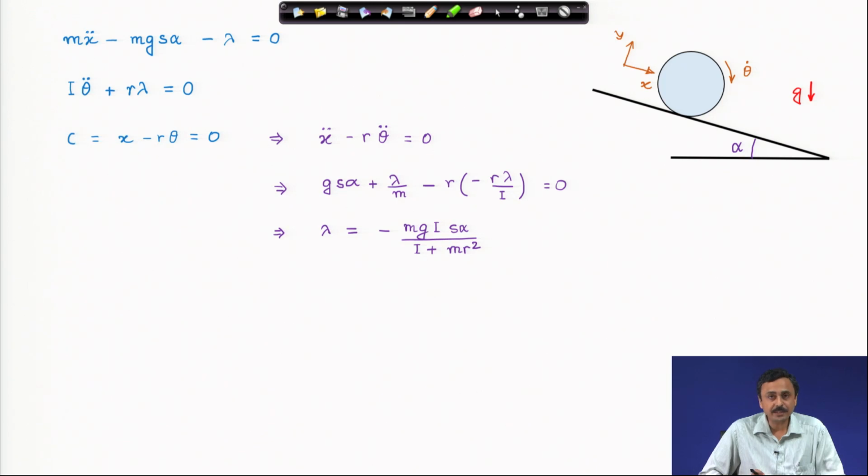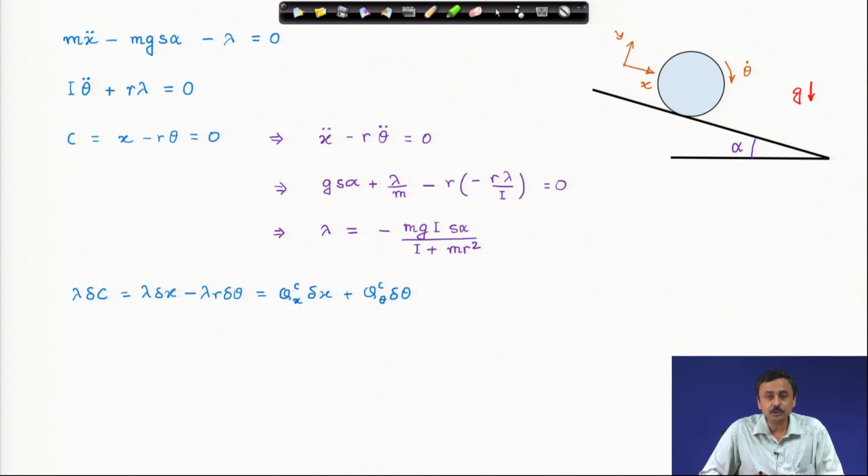We have to interpret, or we have to find out, remember what we have to find out? We have to find out the friction force, the force at the constraint which maintains this rolling condition. We start looking at the work done by the constraint forces. Remember that lambda delta c has dimensions of energy or work, and if you write down lambda delta c, it is lambda times delta x minus r delta theta. So, lambda delta c is this,